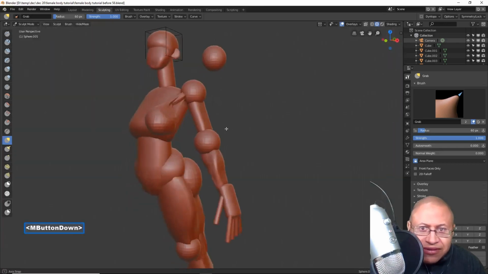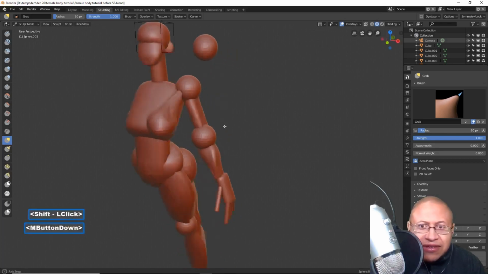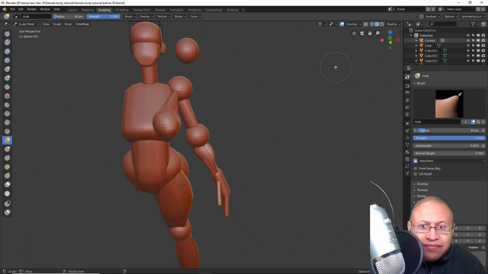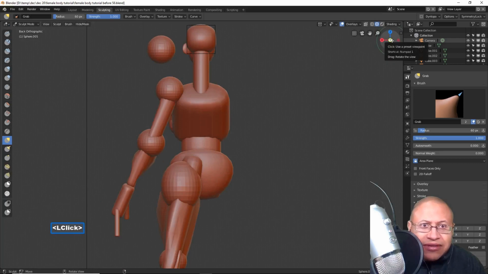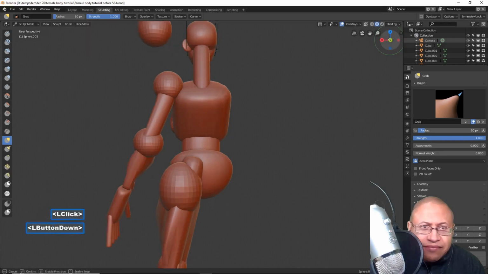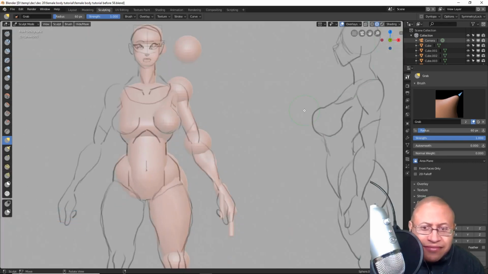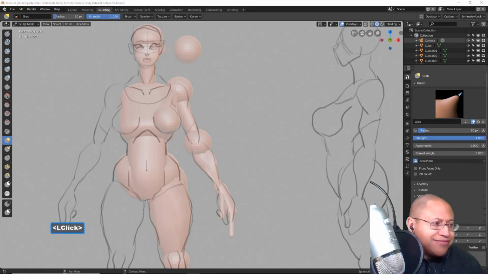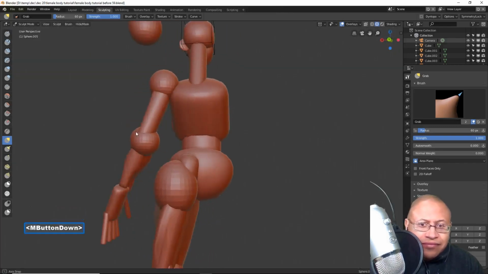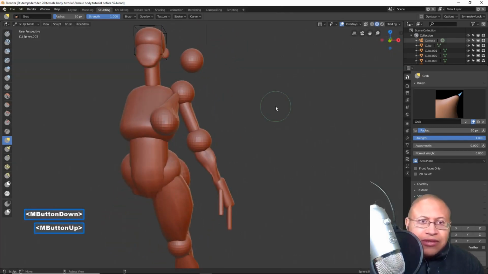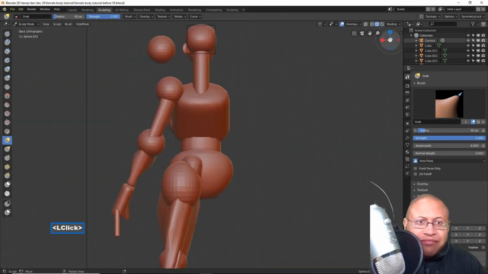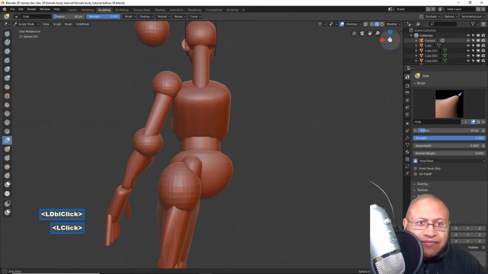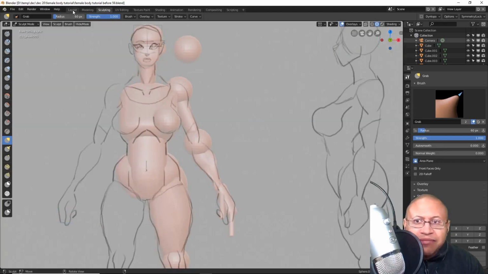Anyway, as far as like right here. So we can hold shift, smooth that out. Click the Y to go back to the front view. There we go. Okay, so what we'll do now is we'll go back to the front view, go back to layout,